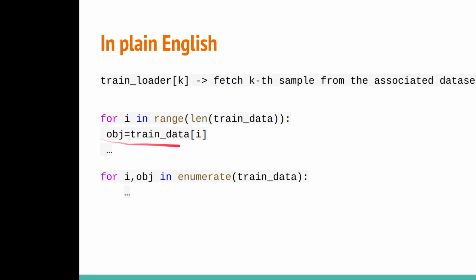But the performance of this one will not be very good, since whenever we access this, we will be using one thread to read the data. So we're using a single thread to read the data one by one, so the performance will not be very good.